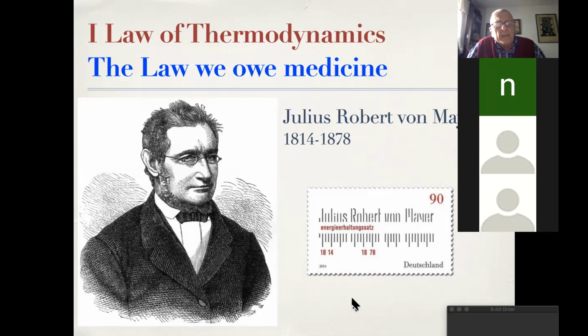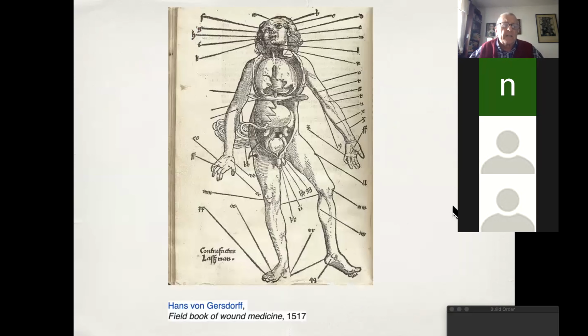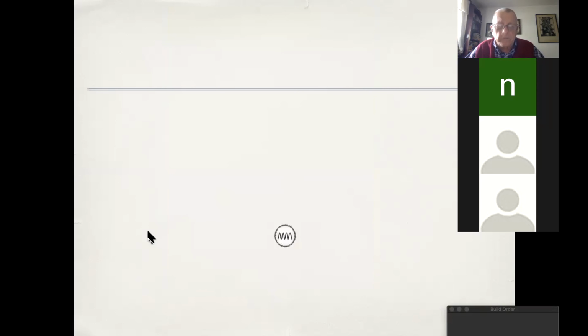And he realized that when he was crossing the equator, some of his soldiers got sick, and he had to resort to this famous, at that time, method of treating a fever, namely by bleeding the patients. That is from the field book of wound medicine of Hans von Gersdorf from the 16th century, showing the points on which you can bleed the patient. So let's now go back to the